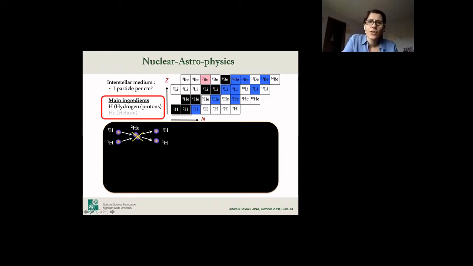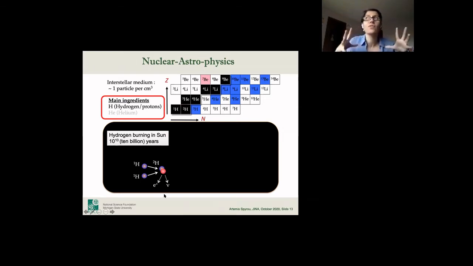Well, nature figured out a different way to solve this problem. And this is in what is called a weak process, where every once in a while, when the two protons are fusing together, one of them is converted into a neutron. And there are some other particles flying around to have all the conservation laws apply. So if this happens, then you go from hydrogen-1 to hydrogen-2. Now you have one proton and one neutron. You didn't make a new element, but at least we made some progress. We didn't just stay where we were. We made something a little bit heavier.